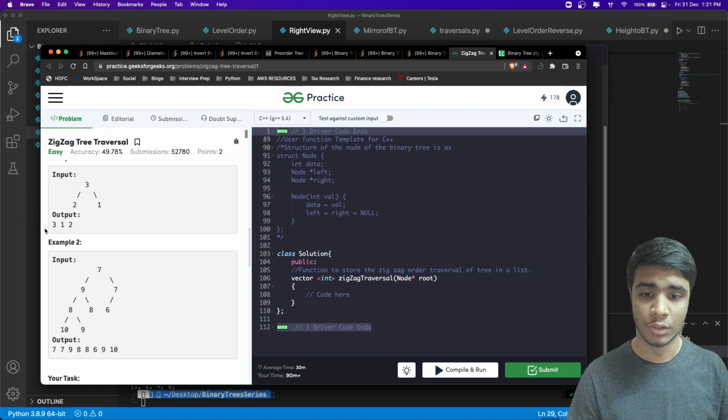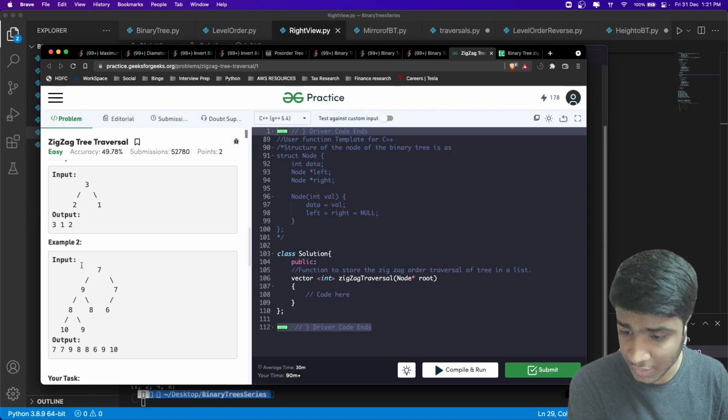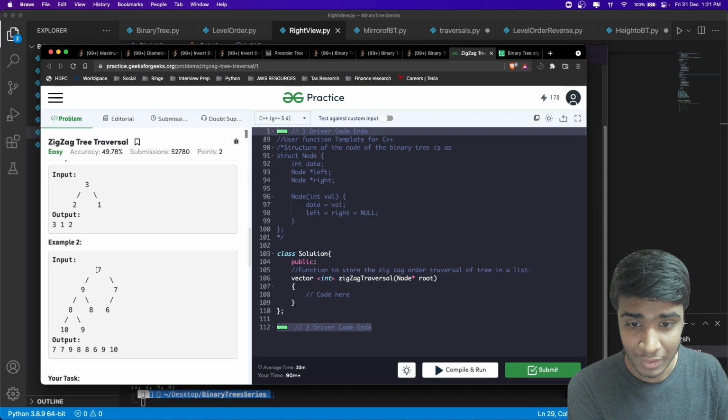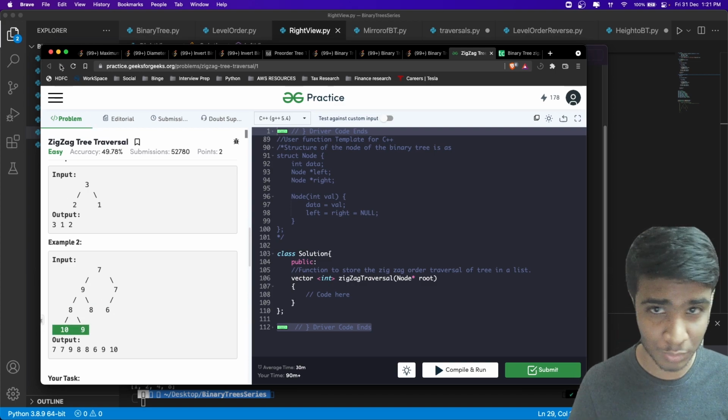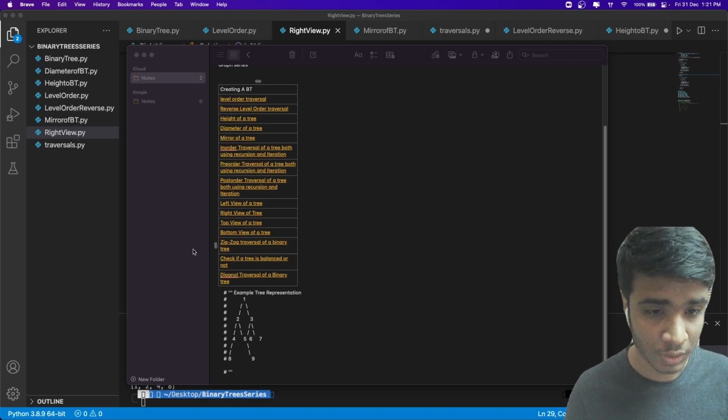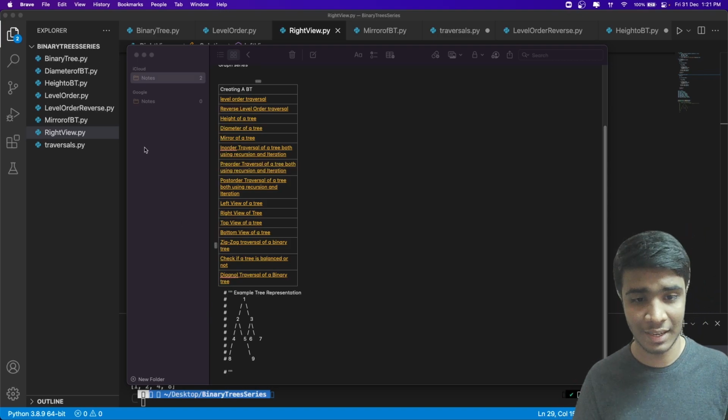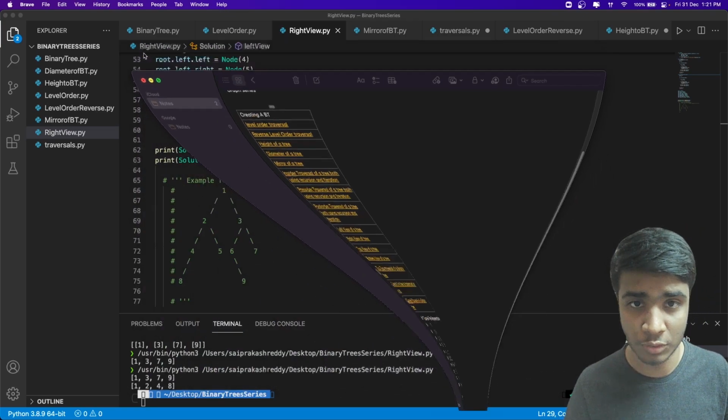Okay, so yeah, so this is again level order traversal, but we are starting at 7, and in the next level we're reversing it, and in the next level we're reversing it. And okay, this is not that interesting a problem, to be honest. I thought it was a diagonal traversal. Okay, that's the diagonal traversal. Okay, so that was an interesting problem.